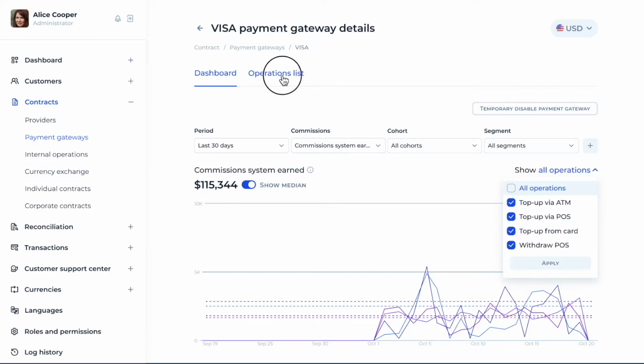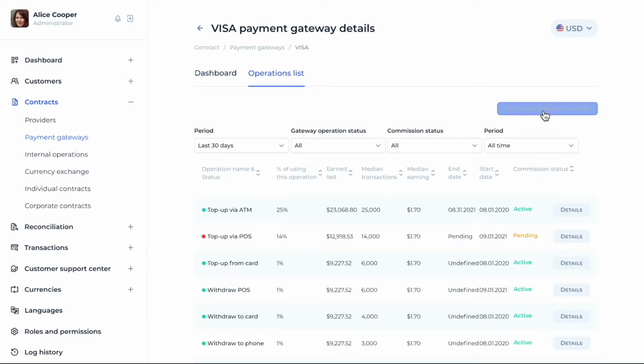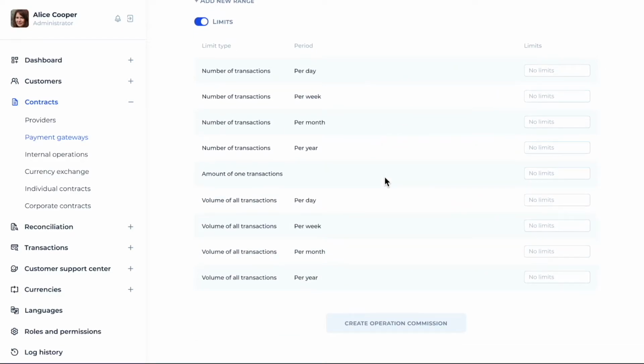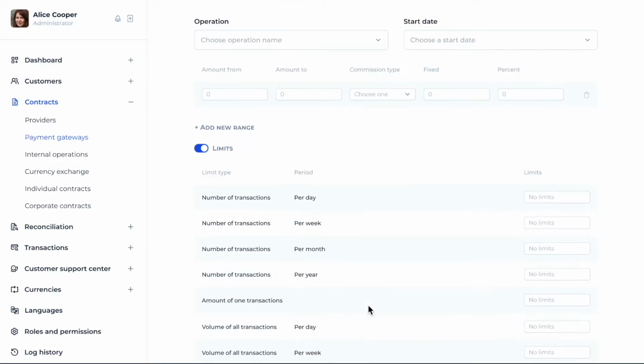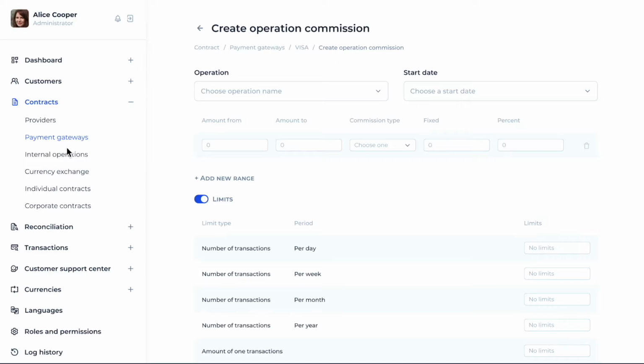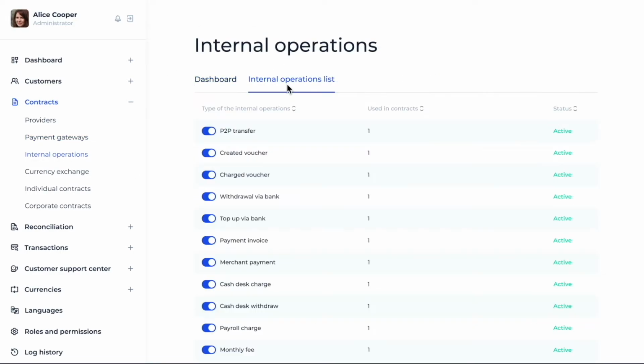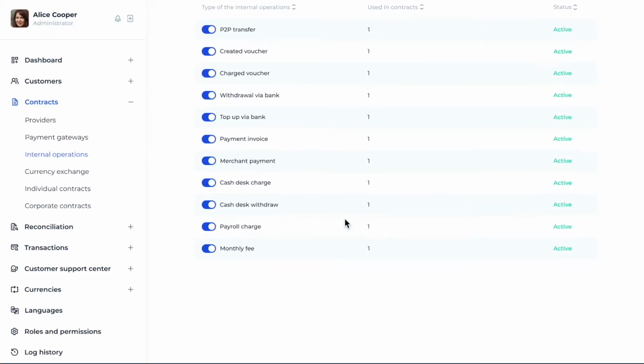You can also use a Create Operation Commission button to add a new one. Choose the type of payment gateway you want to work with, go through the fees and limits setup, and approve a new commission. The Internal Operations subsection reflects the information about your total revenue from the operations within your Neobank